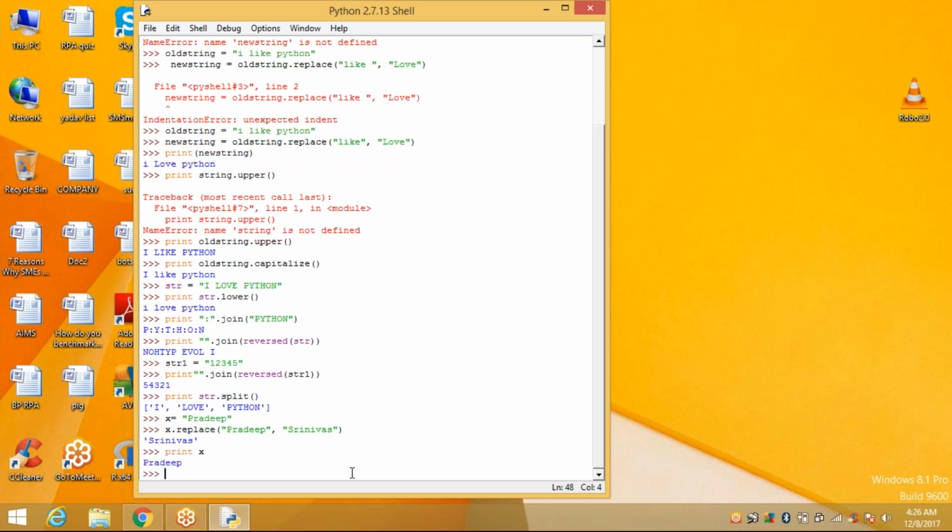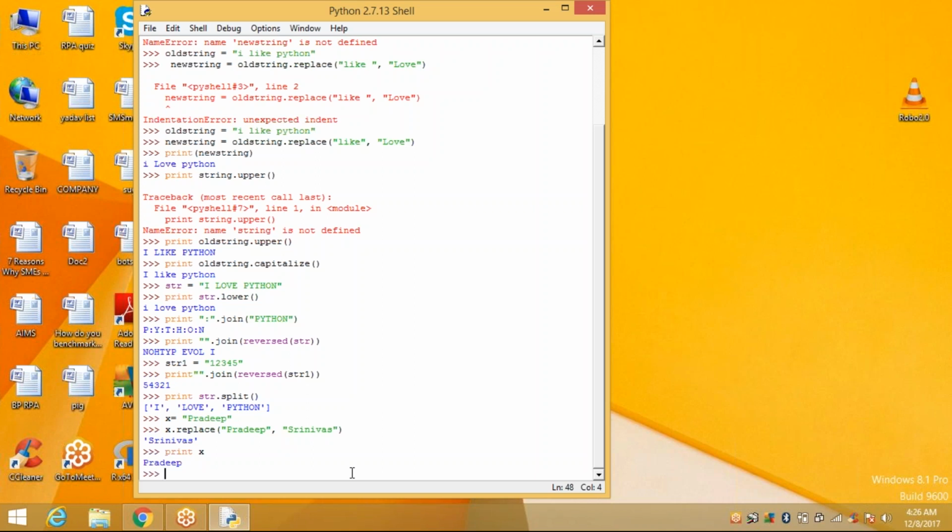Now I want to replace Pradeep and display Srinivas. I'm applying X is equal to Pradeep, X dot replace of Pradeep and Srinivas. But when I print X, it displays Pradeep, not Srinivas.